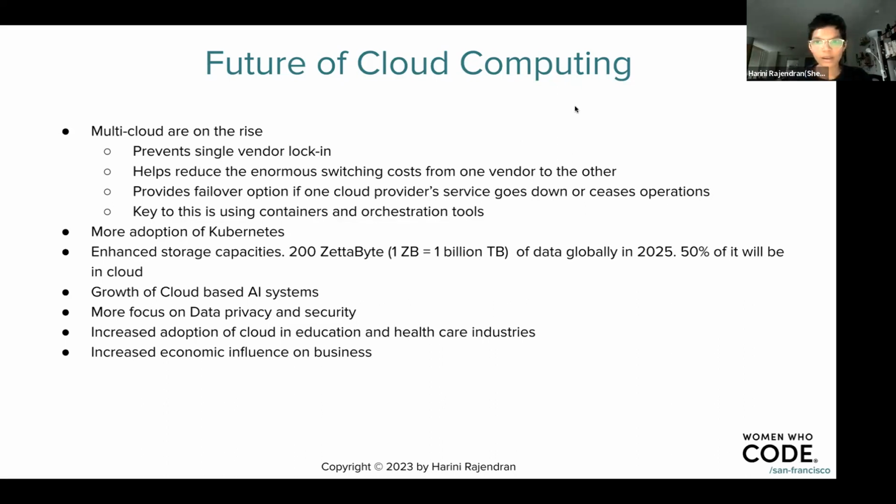So multi-cloud is on the rise. That's what my company does also. Currently we package our software in containers, and these containers are ubiquitous. You can run them everywhere. You can run them on AWS, Azure, GCP, or Alibaba, or wherever. It doesn't really matter. That way it gives us the flexibility to deploy anywhere without getting locked into a particular vendor.